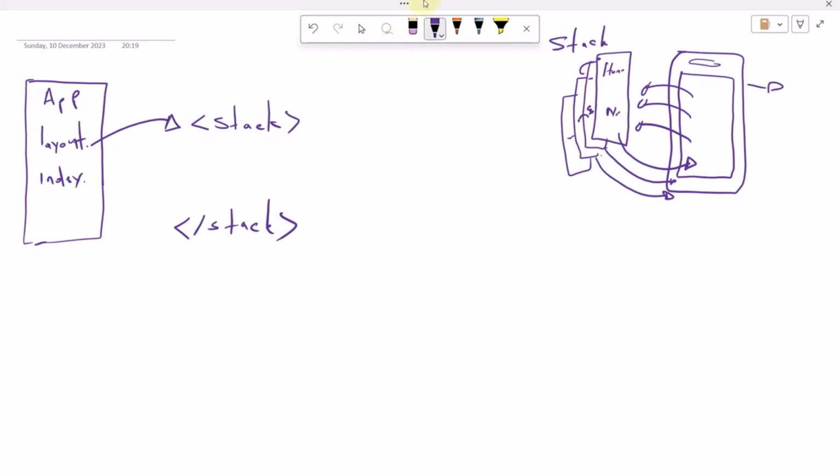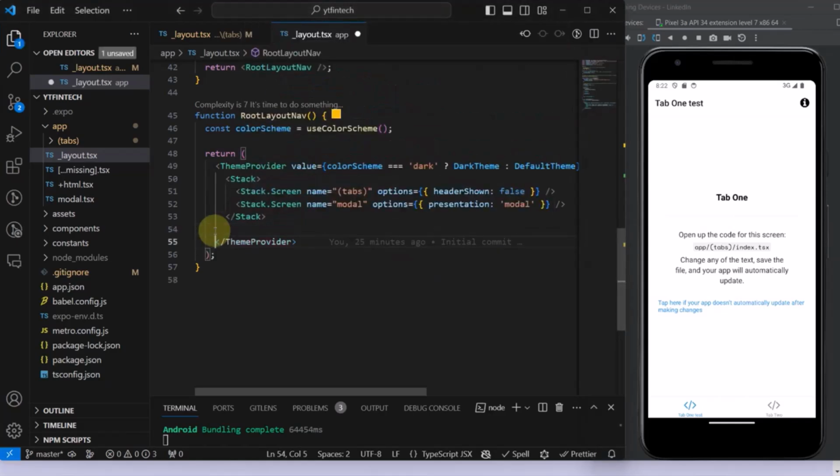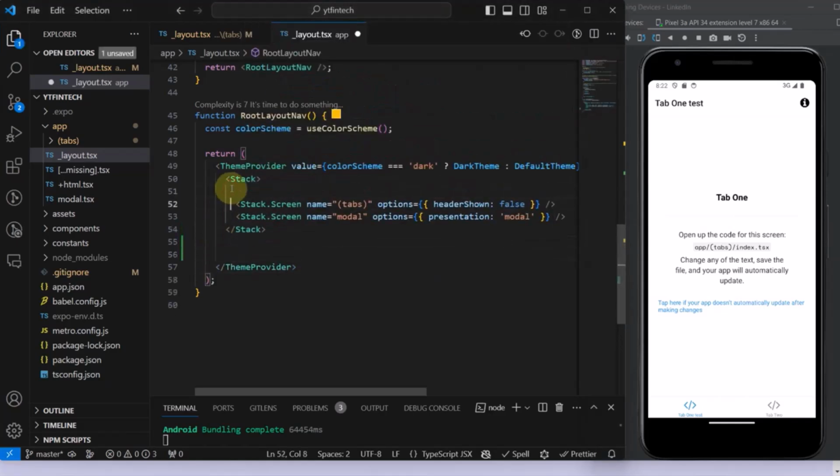Let me quickly go back to Visual Studio Code so that we can put some essence into what I'm saying. So this is a stack. It's important that you first define a stack if you want to understand navigation. So let's look at what is a stack of screens